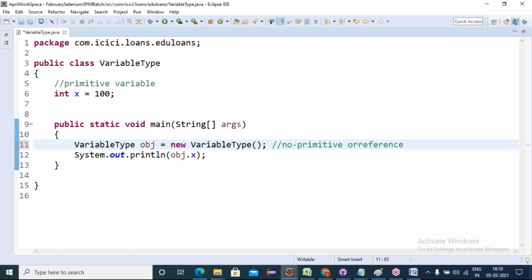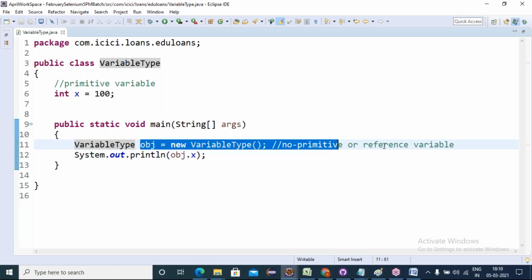Any type of object stored into a variable is called a primitive variable. A reference variable is nothing but any class object creation. Here it is called a reference variable to the classes.